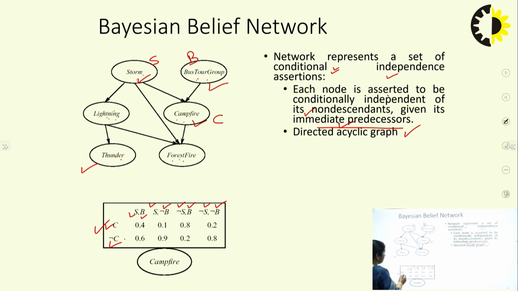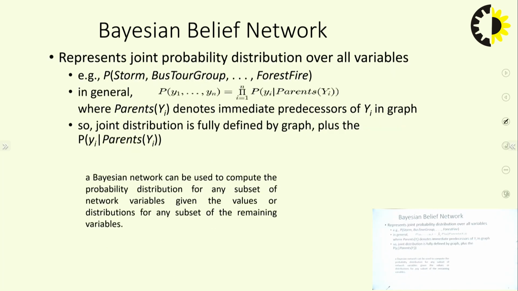So for each occurrence we will have the probability associated for campfire as well as not of campfire. C means campfire is true, not of C means campfire is not true. So occurring or not occurring. So each node will have this probability table that will correspond to its predecessors. We have seen this table. What the table is representing, that is for a particular node about its